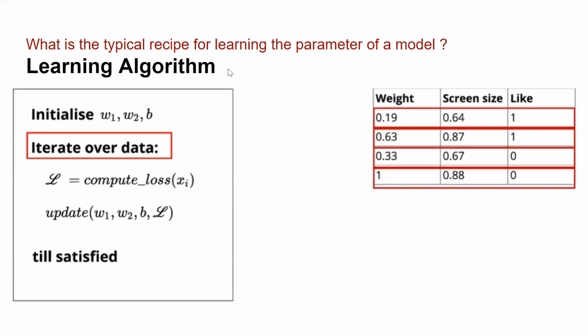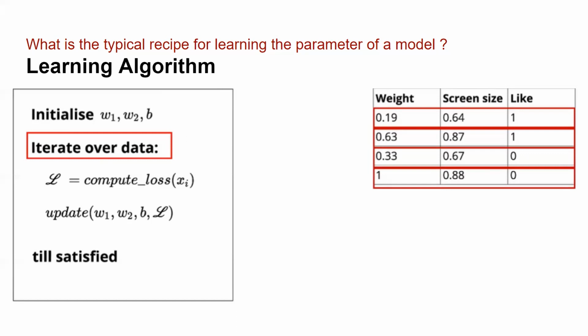Okay, now coming to the most important part of today's lecture, which is the learning algorithm. If you recall, in case of MP neuron, we just said that the learning algorithm is nothing but the brute force approach. We were changing the value of B one after the other, and we were accepting that particular value of B where my loss was minimum. But in case of perceptron model, we do not have only B as learning parameter. We have few more parameters also. We have weights also to learn. So here the learning is slightly complicated.